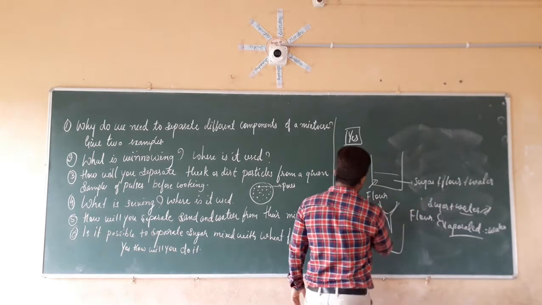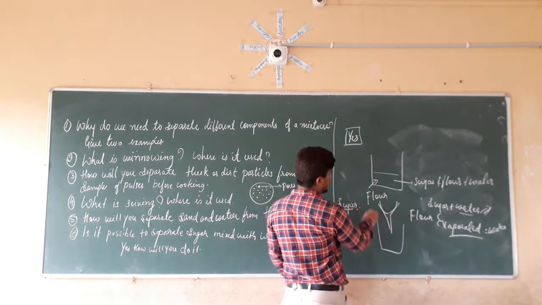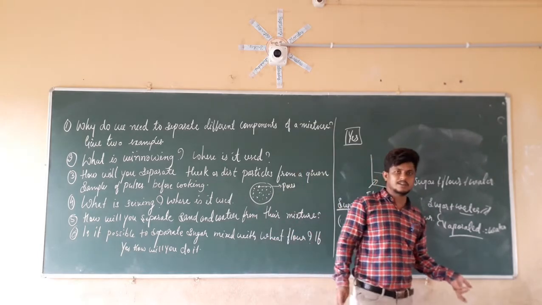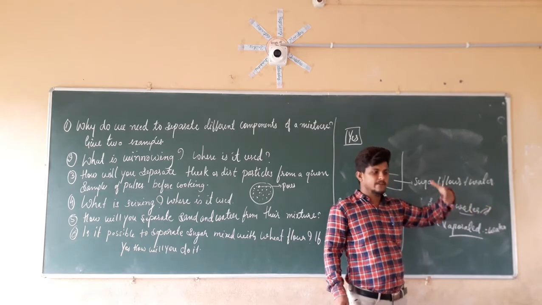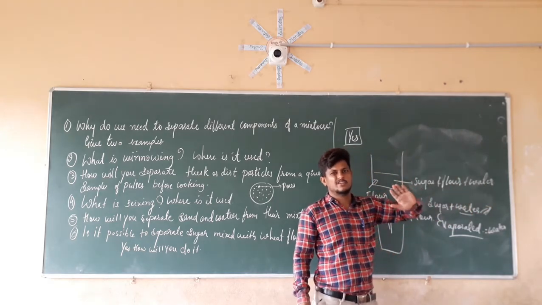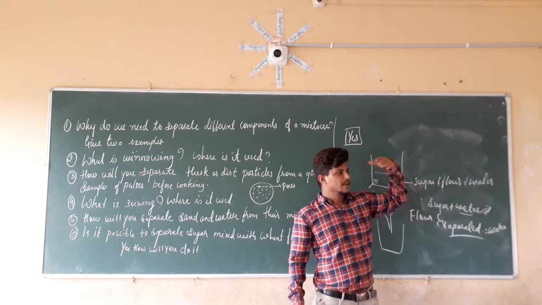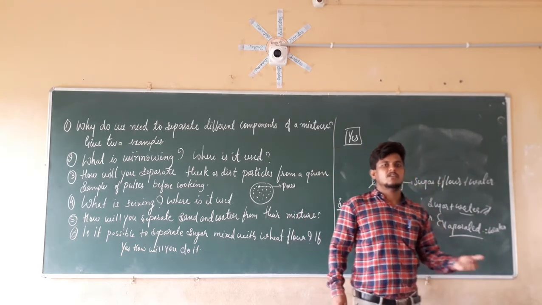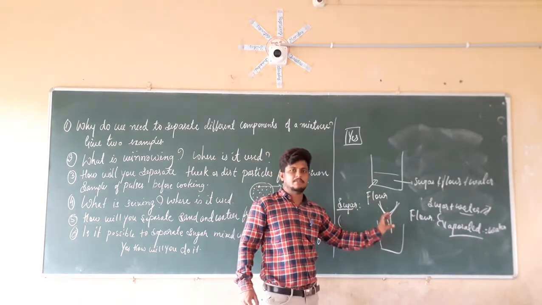We have separated flour as well as we get sugar. In the same manner, we want water also. So water is essential. If you leave that water as it is, it is going to evaporate away from that kettle only, so it is not used. If you want to use that water, what we are going to use again is the opening of the kettle.